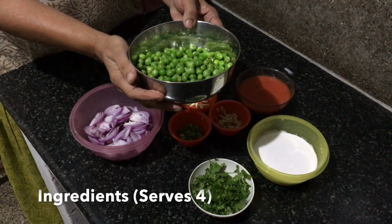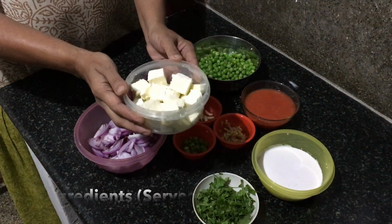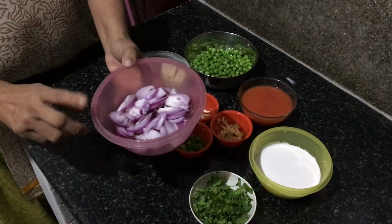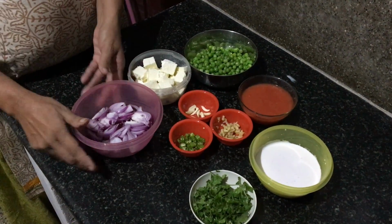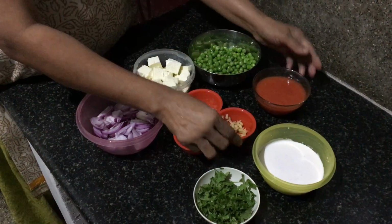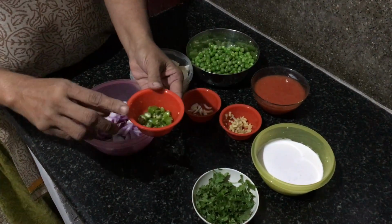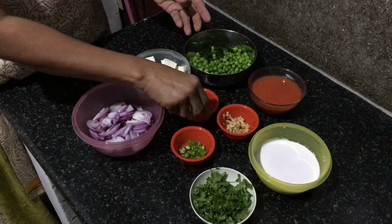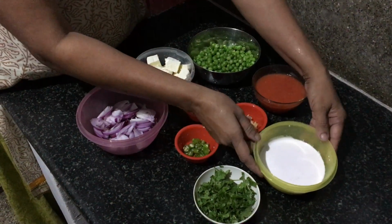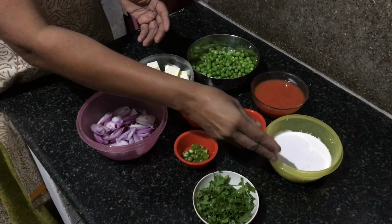Ingredients: 200 grams green peas, 200 grams paneer cut into cubes, 2 onions cut into long thin slices, 2 large tomatoes pureed, small piece of ginger finely cut, 2 to 3 green chilies finely chopped, 3 to 4 garlic pods, 1 cup coconut milk taken from freshly grated coconut, coriander leaves,